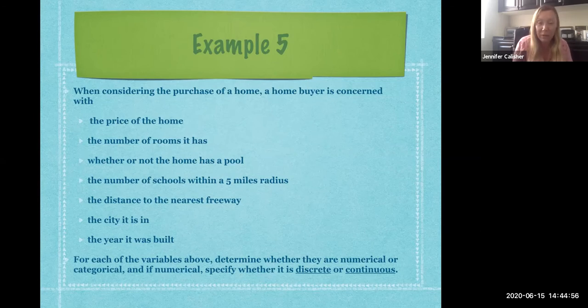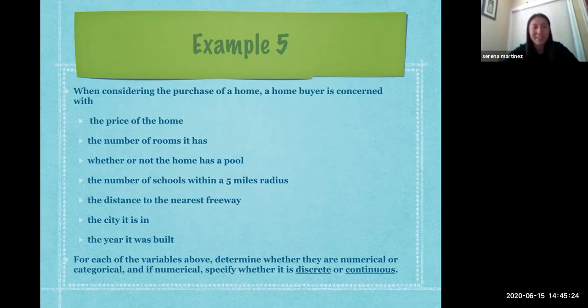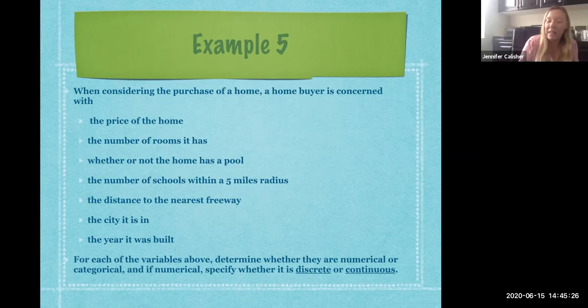So you can compare those numbers and say, well, it's 1 year older or younger than another house. But for sure, if we're going to categorize it as numerical, would we say it's discrete or continuous? Serena, what do you think? If we categorize it as numerical, would we say discrete or continuous? I can't hear you again. Discrete? Exactly, discrete, right? We wouldn't say like 2006.25 years. Exactly. So we would definitely say discrete because we go by counting the years.